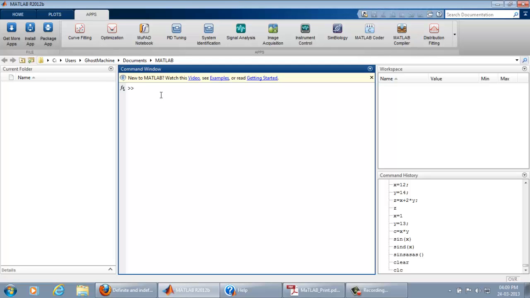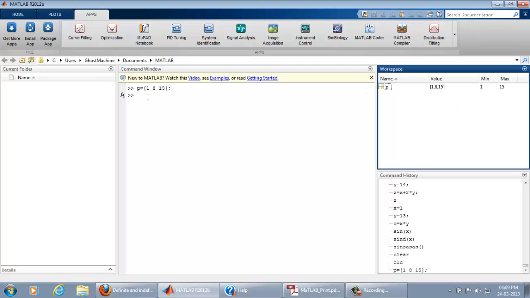Now suppose I want to solve a quadratic equation in MATLAB, a quadratic equation like x square plus 8x plus 15. I'm using a polynomial technique. X square is a polynomial, so you see how I am entering that variable, x square plus 8x plus 15, and this has been stored in MATLAB.